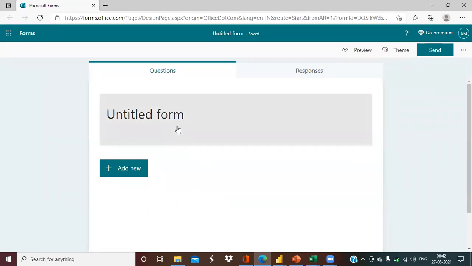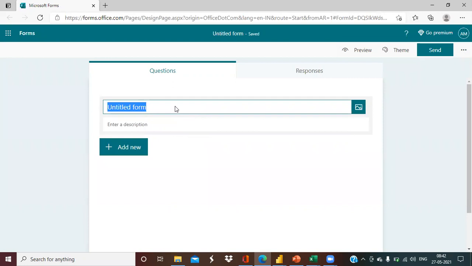Okay, so now what I first need to do is give a title for my form. I'll say it's a feedback form, feedback data, or something, sales feedback. I'll say Sales Feedback. Great. That's my form name. If you want to add some description about your form, you can add it so that the customers can see what kind of form it is. I'm leaving that, it's an optional part, so I'm leaving it right now.